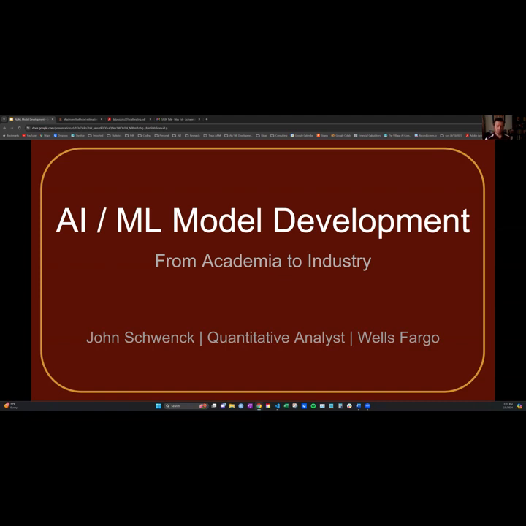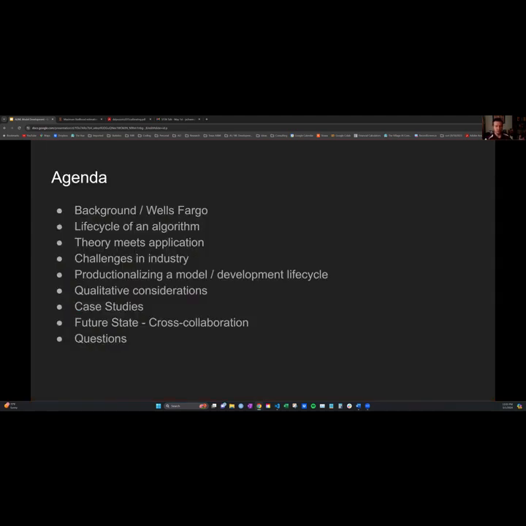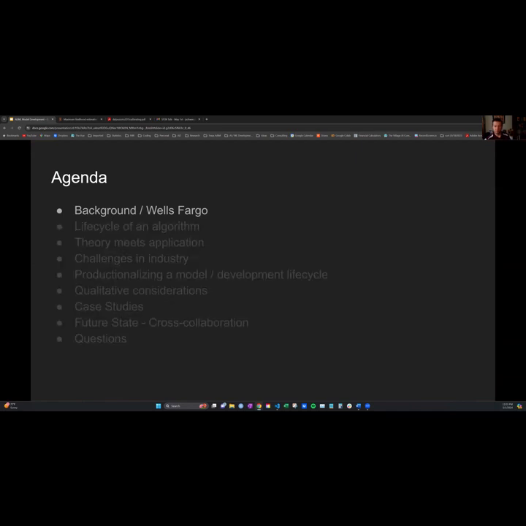Like you mentioned, we're going to talk about end-to-end model development, but extending past the idea that we typically use in industry where we're talking about, okay, we have some data and we want to build a model and productionalize it. I want to go even before that into your guys' realm in academia and talk about the full life cycle of an algorithm or a method or a paper or whatever you want to call it.